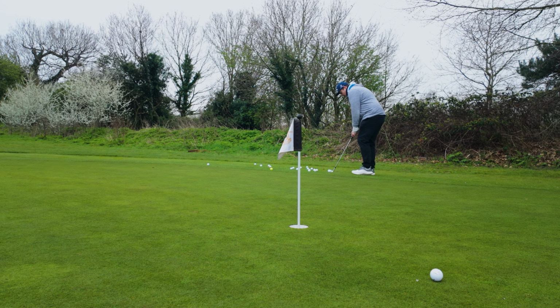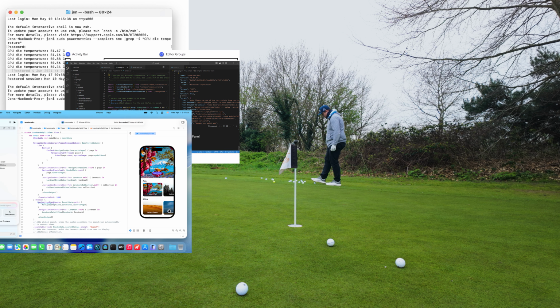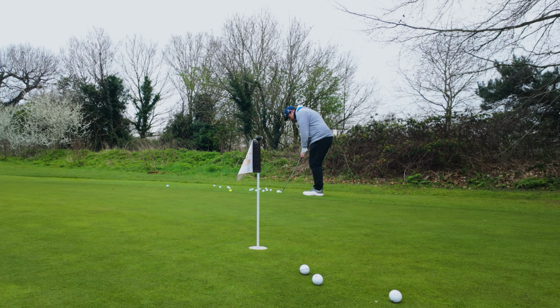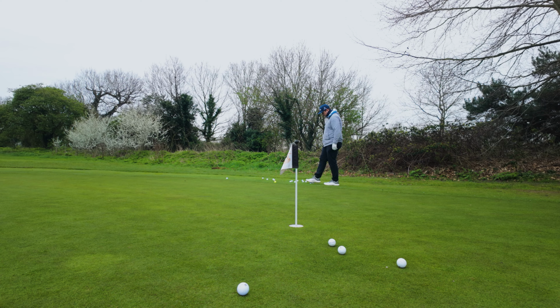So I learned all about terminals. I learned about Visual Code, or I can't remember the name of the system that I had to use. Xcode. I learned about simulators. I learned about all these different things. But for whatever reason, I just couldn't get it onto my phone. And it got to the stage, funnily enough, where I was trying to figure out whether or not it was just a me problem or if it was a computer problem, or again, just a lack of talent problem here